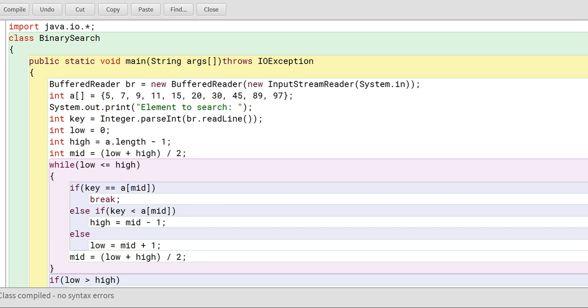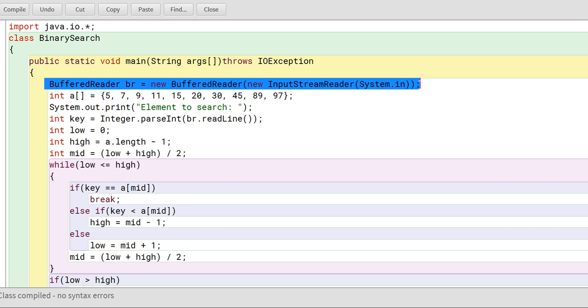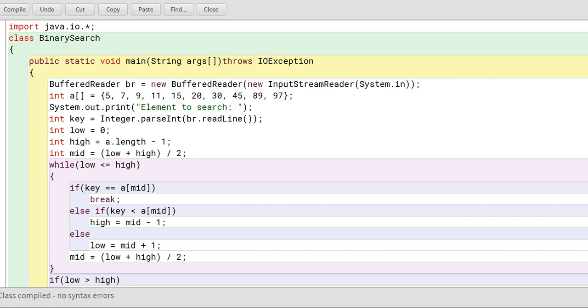Now the next thing, you have to enter the element that you want to search from the given array. In this example, I have used the BufferedReader class, because you should have practice with the BufferedReader class also. In previous examples, we have used the Scanner class. For the BufferedReader class, we have to import the IO package. BufferedReader class syntax is like this,